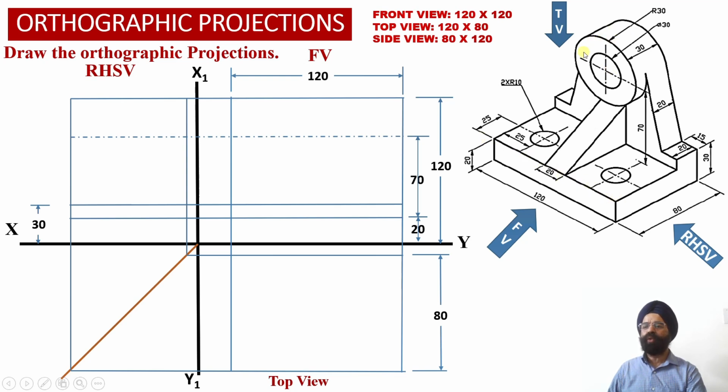And since the circular hub is located centrally alongside the width of the solid, now from the left hand side face, we have measured a distance of 60 millimeter, and another vertical center projector line we have been able to obtain into the front view projections, and this center projection line we have extended into the top view projections as well. So now this is the center point corresponding to the circular hub which has been obtained into the front